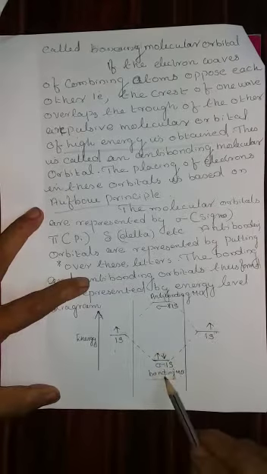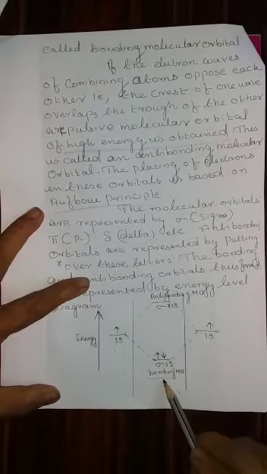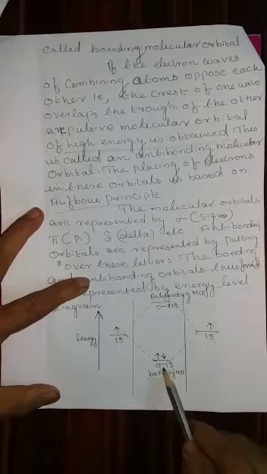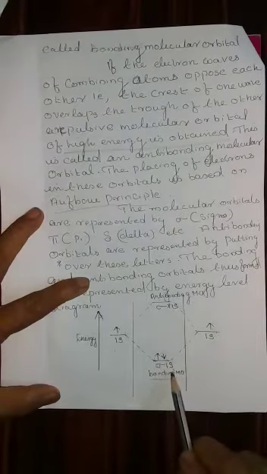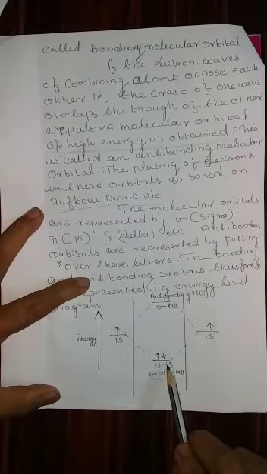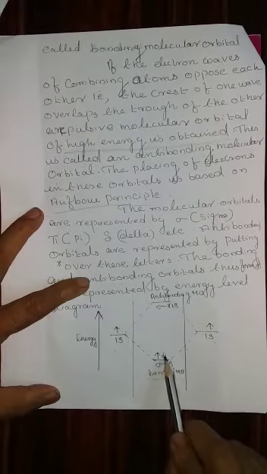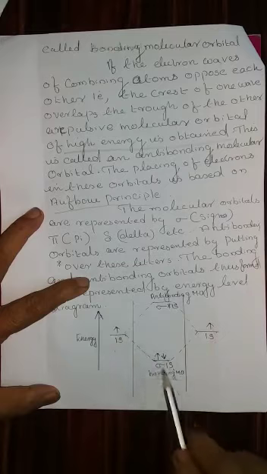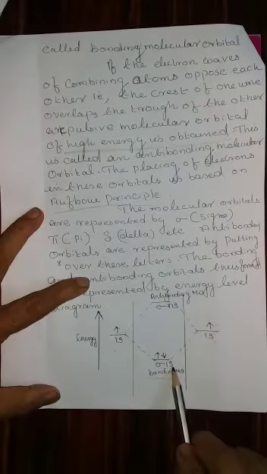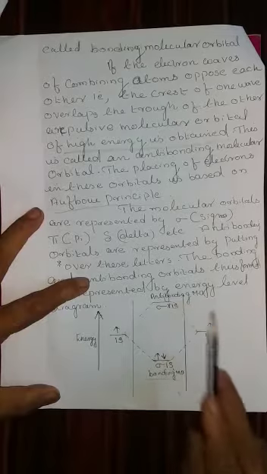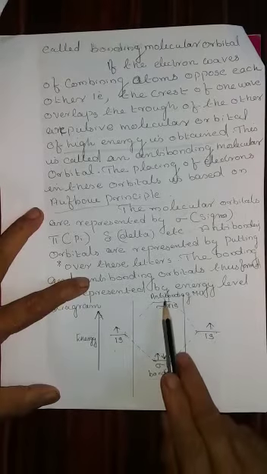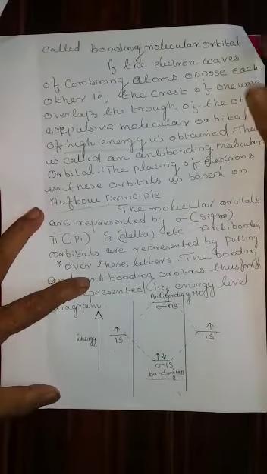Then the lowest energy orbital will be filled first. Therefore, the sigma will be filled with these two electrons. In molecular orbitals also, the maximum capacity of an orbital is 2 electrons. Therefore, these 2 electrons first fill this sigma 1s. After that, there is no electron at all to fill the anti-bonding orbital. That will be left vacant as it is. That is the mode of filling the electrons.